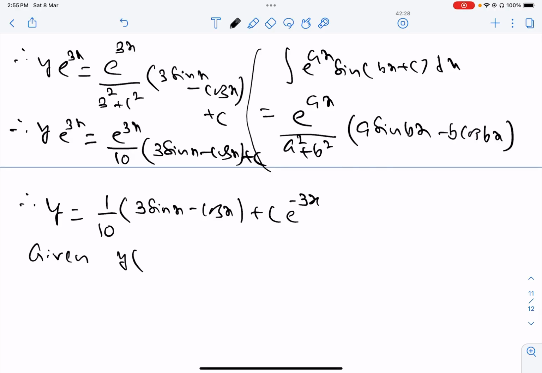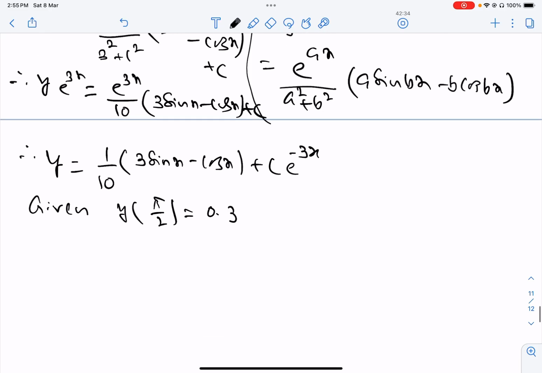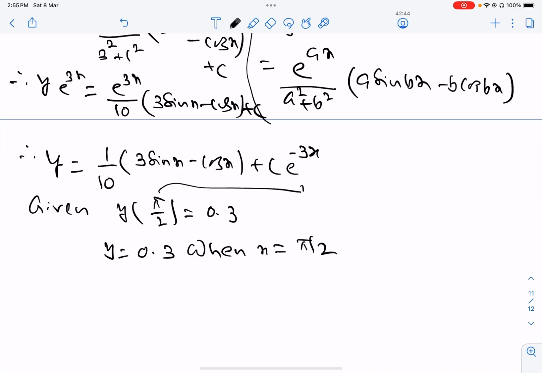Given y at pi by 2 equal to 0.3. What does it mean? It means that y equal to 0.3 when x is equal to pi by 2. This is the value of x and this is the value of y. So therefore this is 0.3. Here we have to put